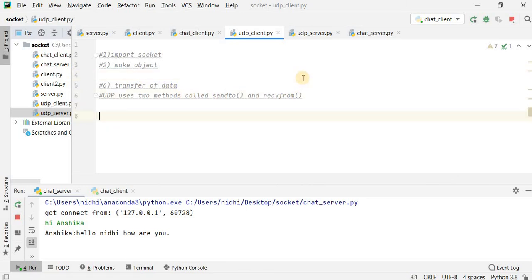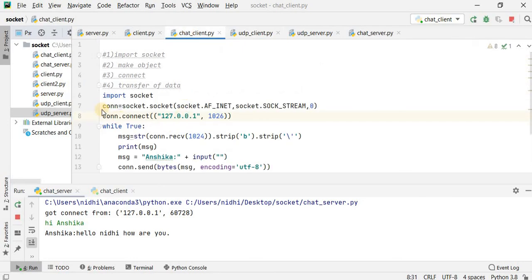So the first step is import socket, and after the importing you have to create the object. So I will copy my created object from there.